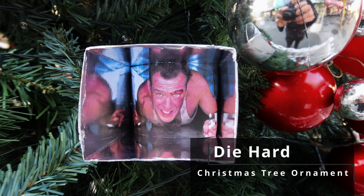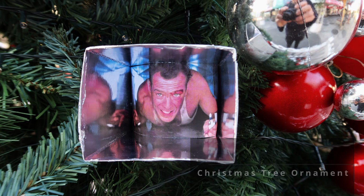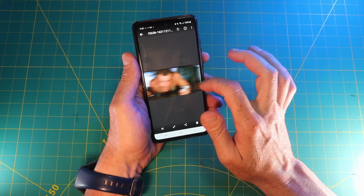Hello, today I'm going to show you how I made this Die Hard Christmas tree ornament. Quite a fun little project, looks great on the Christmas tree. So first, find the right picture from the movie